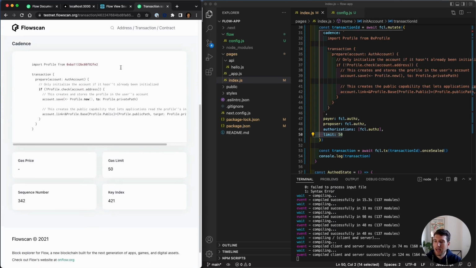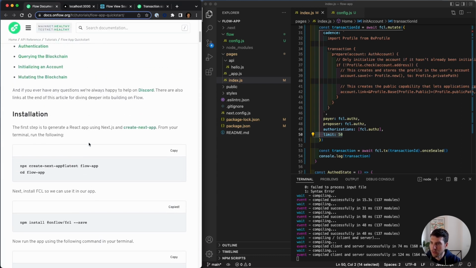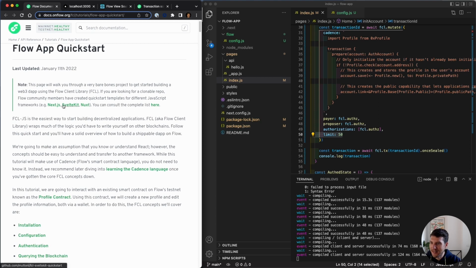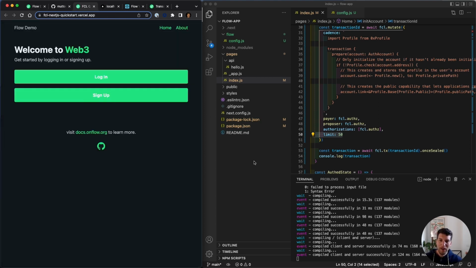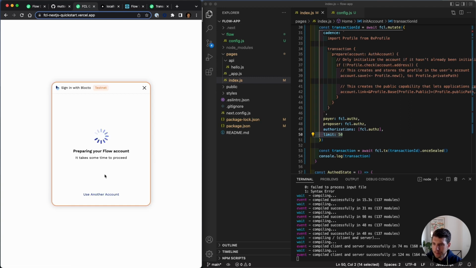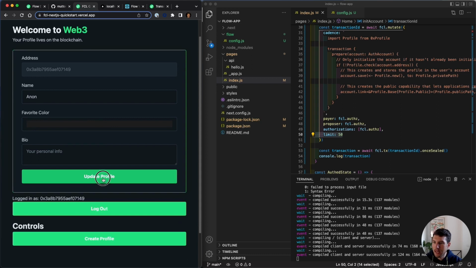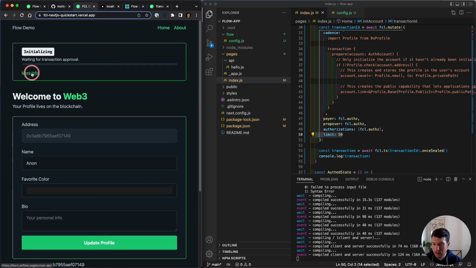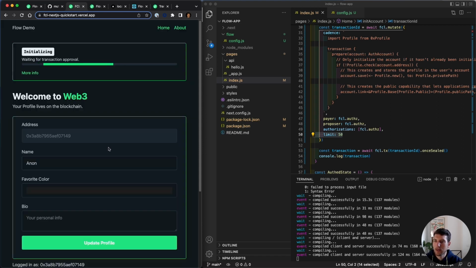If you want to get information on the various states of the transaction, I created my little quick start where you can see these states a little bit more clearly. You go to the live demo here. So this is a very much spruced up version of what we are creating. Sorry for the spoiler, but we log in with Blocto, Flow app, and boom. Now, if we update the profile, you see we are initializing